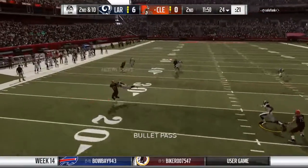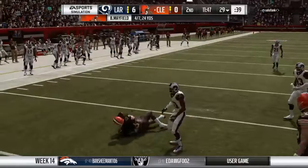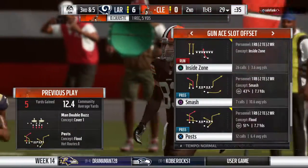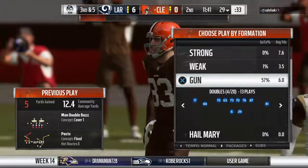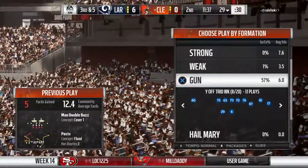On 2nd down, Mayfield again. It's a short one here, complete to his tight end, and he'll get to the 29-yard line, brought down there. That catch good for 5. It's 3rd down. And, partner, I think that was a great example that not all tight ends are created equal,